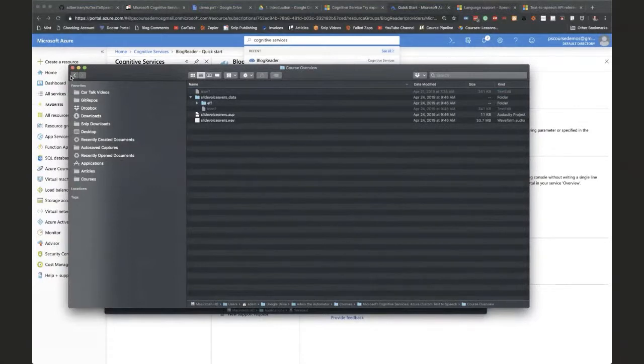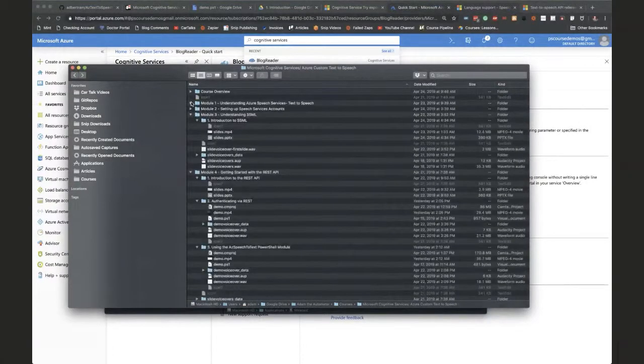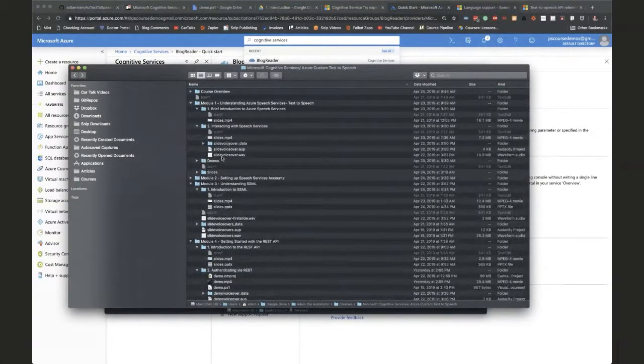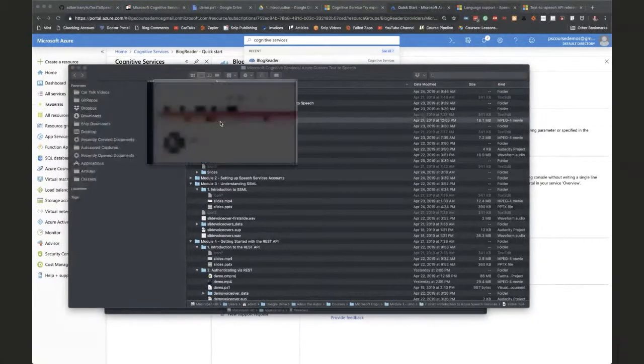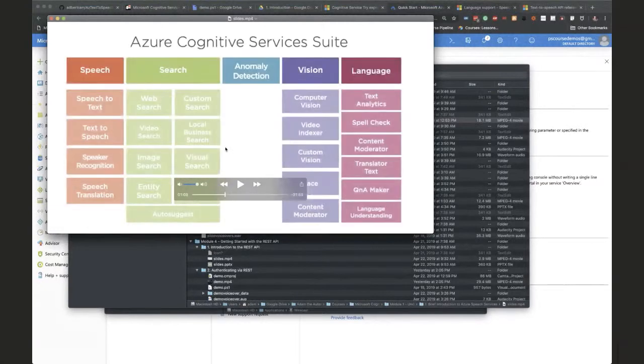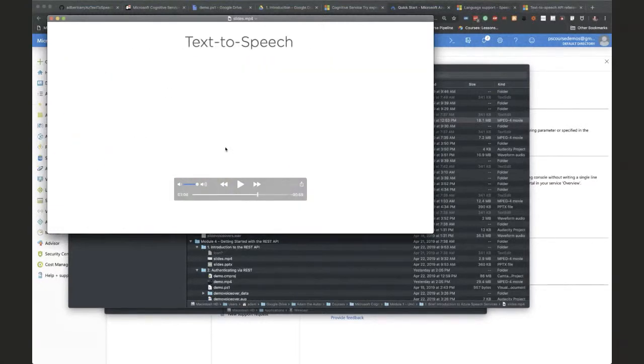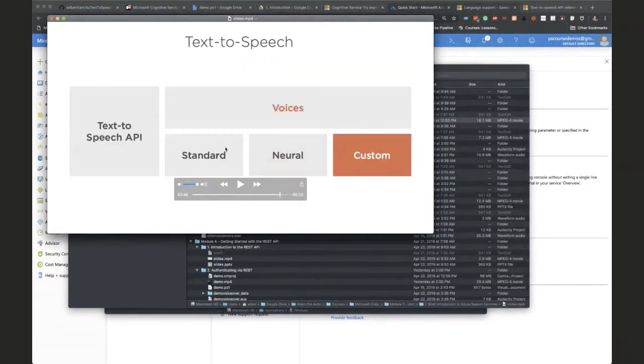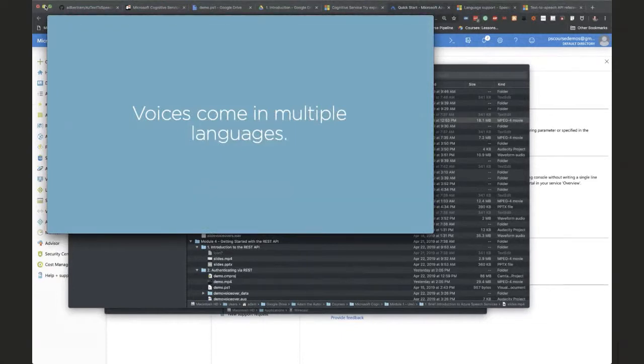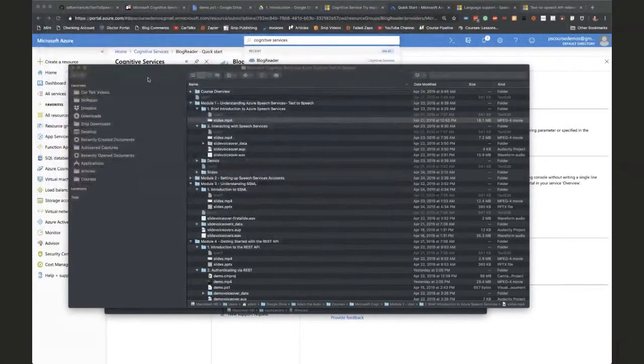She didn't have the slides yet. Oh, well, anyway. Maybe it's in here. Is it in here? No, dang it. Anyway, I don't know where the slides are for the course, but